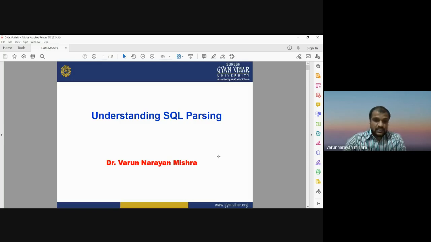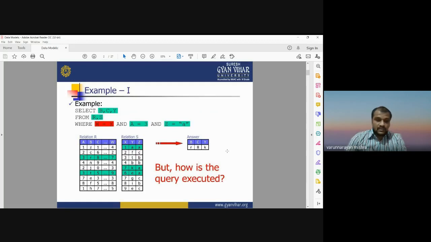Okay, so this is an example. There are two tables. As we know, our database management system is based on relational tables, a relational database. So for example, this is a table R and table S, and we are going to have some query. We are going to retrieve some information, like someone has asked you to select B, C, Y, meaning select the columns B, C, Y from the tables R and S, with a condition, and from where maybe two or different conditions. So how does it work?